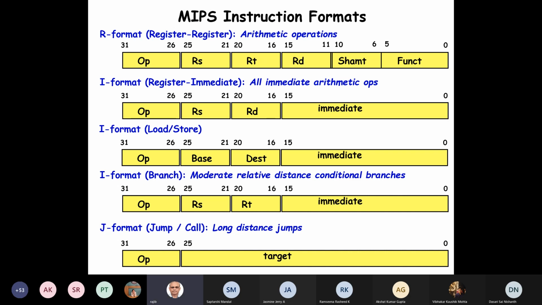And the load store here is again 16 bits. So there is a base register and we take the offset of 16 bits. So what is the maximum offset value? And remember here that the offset can be positive and negative. And the other thing is that here we specify a byte address. In the load store, it's a byte address, unlike